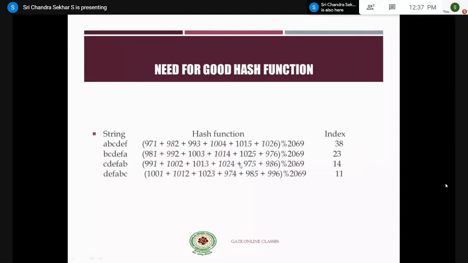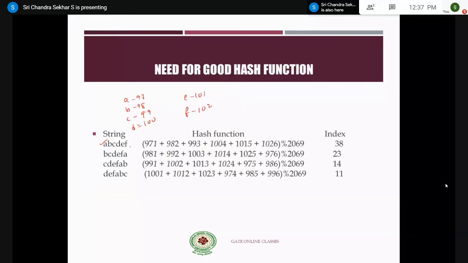For example, if you take A, B, C, D, E, F, we know that the ASCII value of A is 97, B is 98, C is 99, D is 100, E is 101, and F is 102, right?